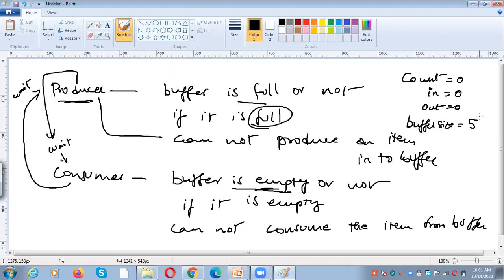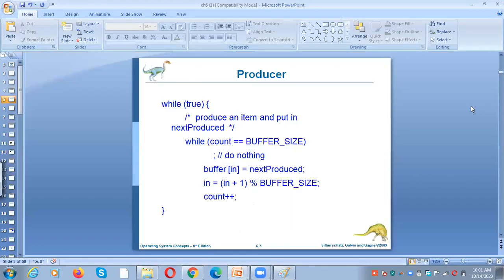Buffer capacity is 5. Remember these things, very important, otherwise you cannot understand the code. Count is initially 0, in is 0, out is 0, and the buffer size is 5, right?